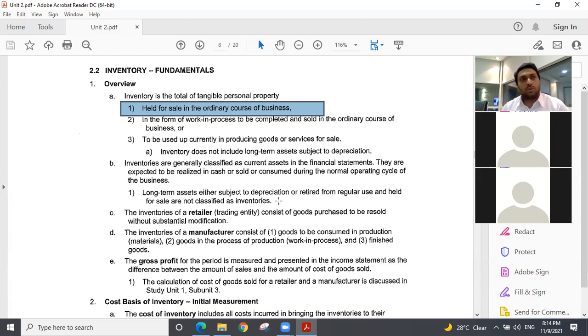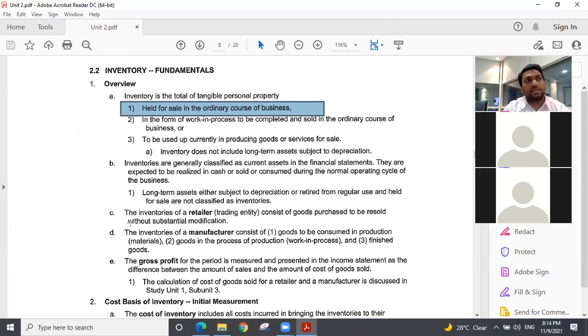You transferred this to your warehouse and you're keeping it with your other inventories. So can we calculate this as inventory? No, because this was a fixed asset. And for example, you kept it apart for sales. Even though you're keeping it for sales because it's your used asset, you are either going to scrap it or you're going to sell it outside. So still it's a long-term asset. It's a depreciable asset. You can't consider it as inventory.